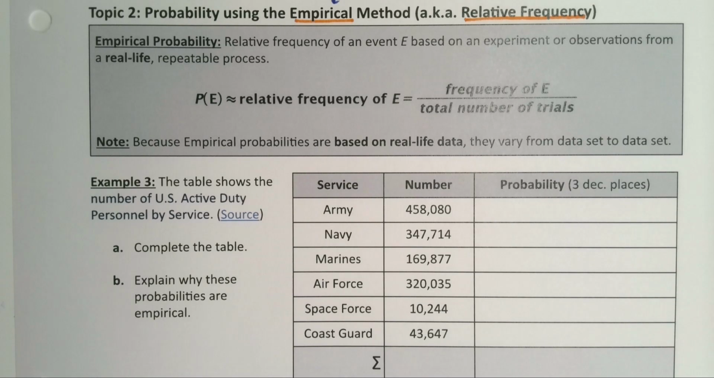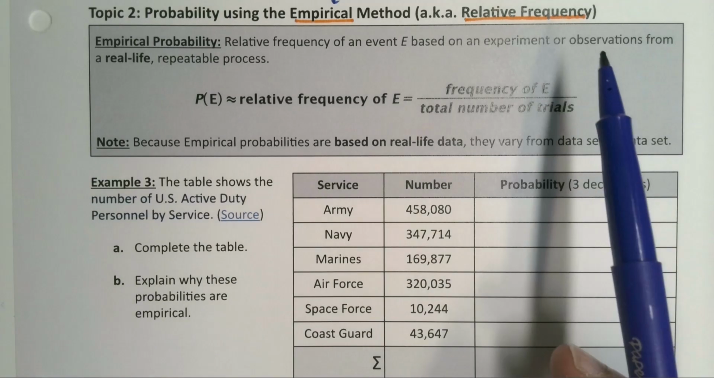We saw those probabilities in the previous example for the Skittles bag. The question becomes, how do you find probabilities like that? And there are two main ways to find probabilities in general for our course. The method we're going to learn on this page is the empirical method, also known as relative frequency, because